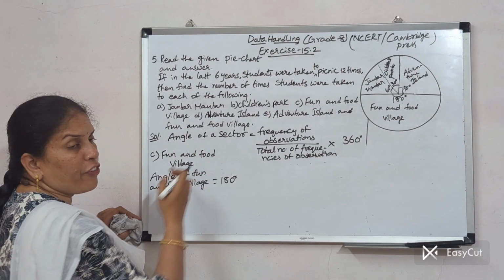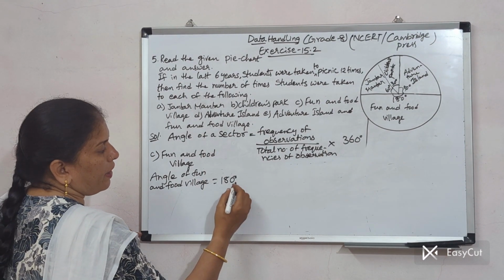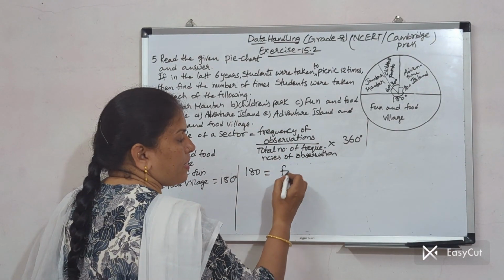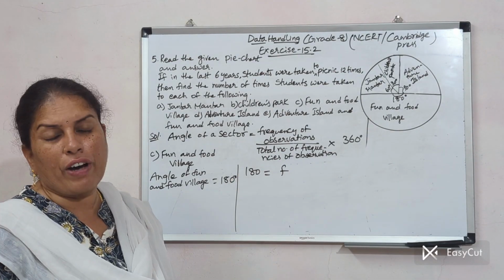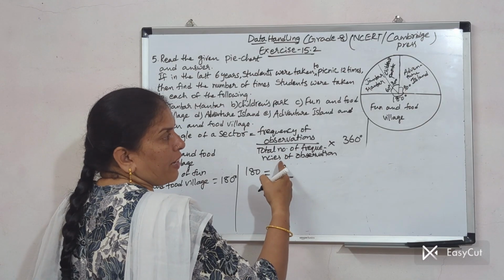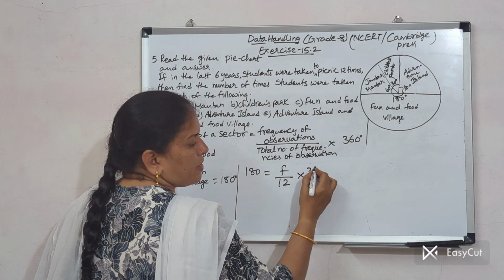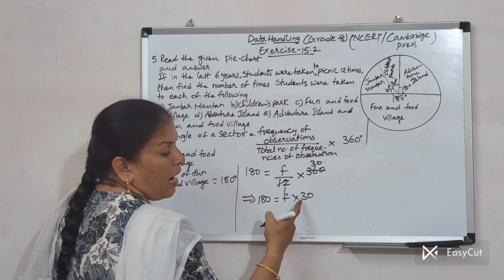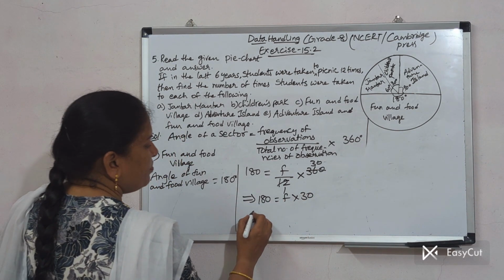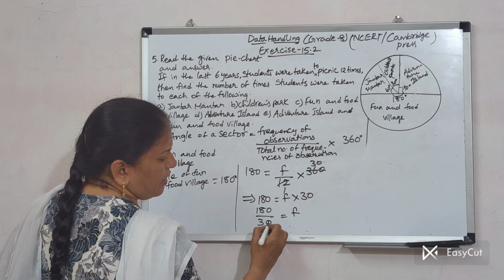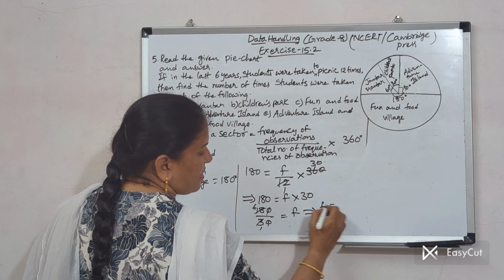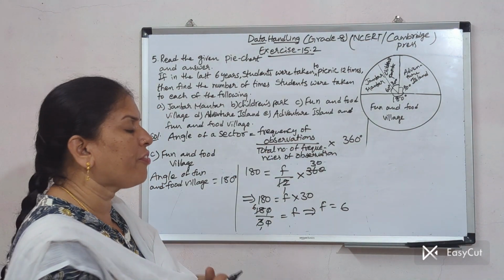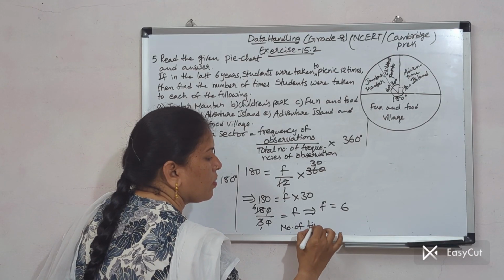Angle of a sector means angle of a fun and food village. In the place of that, what can you write? 180. 180 is equal to frequency of observations. We don't know frequency. Write down frequency. Frequency what? Number of times they went to fun and food village. By total number of frequencies is how many? 12 times they visited. Into 360. 12 ones, 12 30s. Implies 180 is equal to F into 30. I want F value. Cross multiply this 30. 180 by 30 is, guys, F is equal to 6. Here what is F value? F value means number of times they visited fun and food village. Number of times they